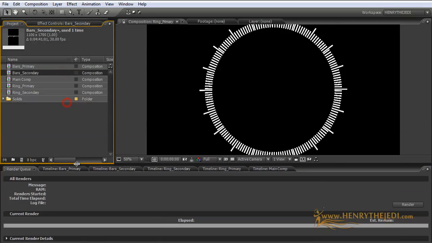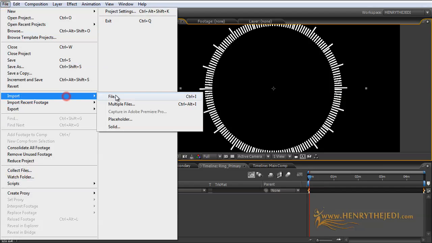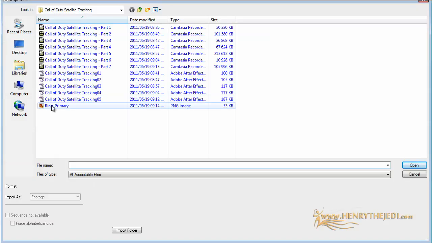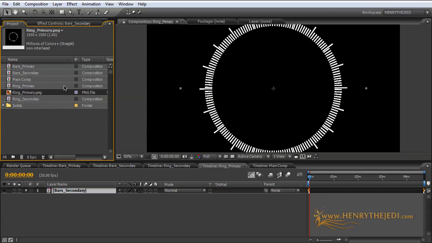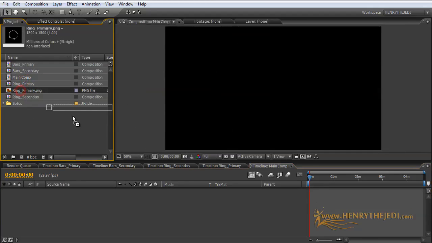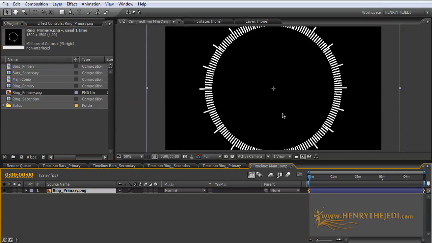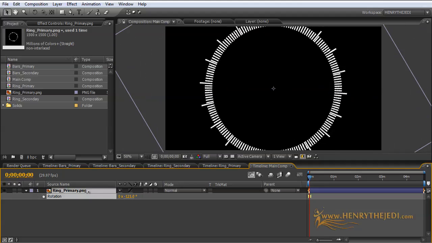Let's see. We are going to bring it now into the composition. So go to File, Import, File, and then we're going to bring our ring primary layer there. There it is. Let's go to the main composition and of course bring our ring primary object there. There it is now. If you press R, can you see how quickly we can manipulate the scene, because of